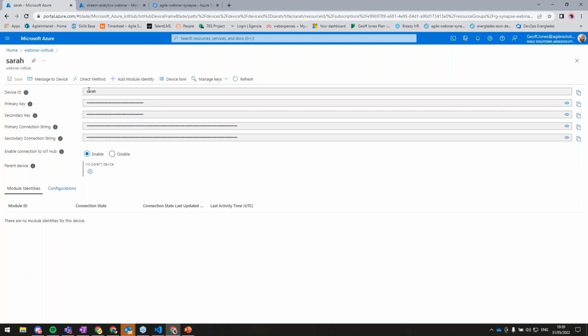So in our use case, we have 5 fridges, and they're all communicating with one producer, and the producer sends messages to IoT Hub. Once we've configured our device, we have a number of keys here that are going to be extremely useful for us in order to communicate bi-directionally with the device. IoT Hub allows us to communicate both ways. We can send messages to the device, and the device can send messages to us. In our situation, we're just using the unidirectional one where messages are coming from the device.